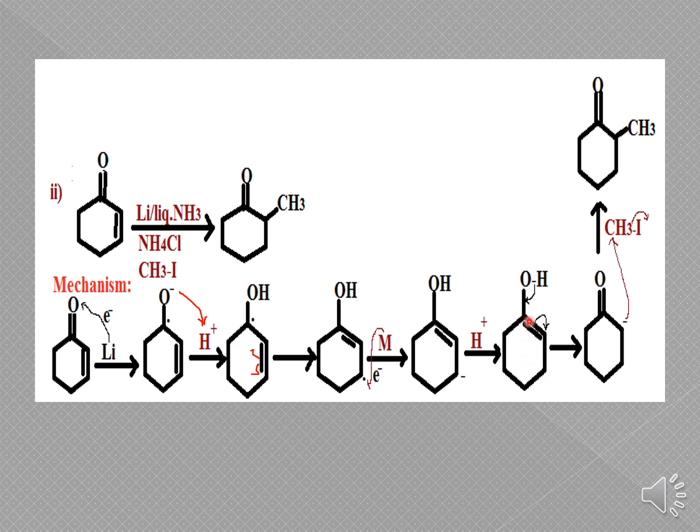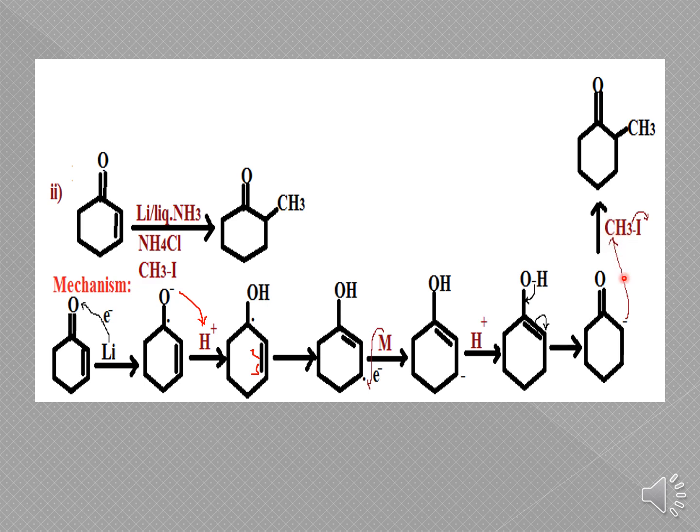Once the carbanion is formed, that carbanion will abstract the proton, and then you will have the proton over here. Okay, and then upon rearranging, that is, shifting of the bonds, the OH bond, this bond will shift, and then again this bond shifts, making it a carbanion. After making it a carbanion, you are treating it with the methyl halide.